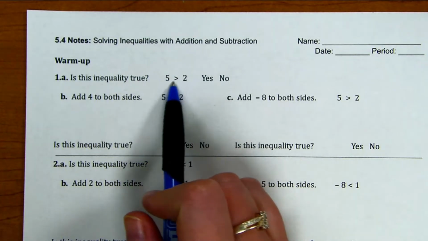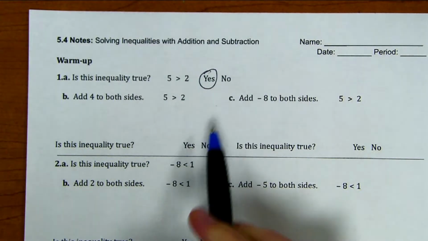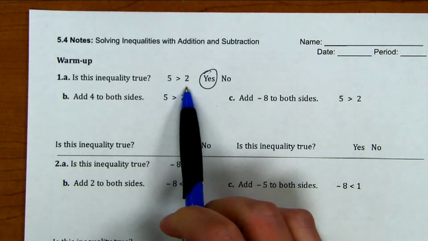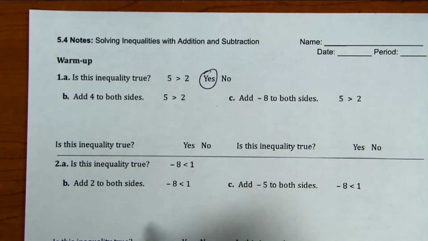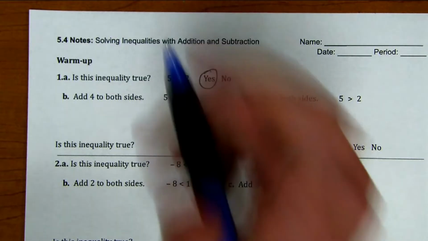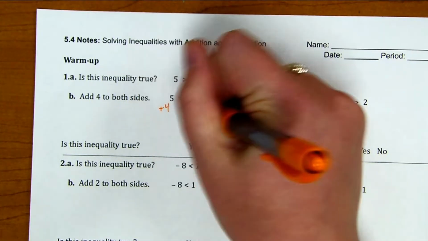5 is greater than 2. If we think about that, yes, that is true. So we know that 5 is greater than 2. What happens if we add some numbers to both sides of the inequality? Well, let's try adding 4 to both sides. So if I add 4 to each side of the inequality,